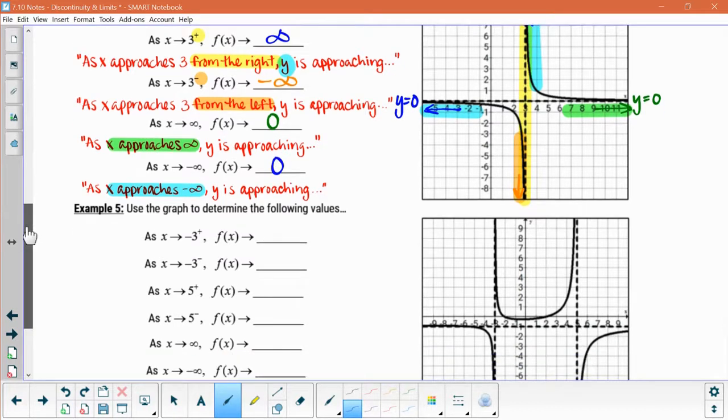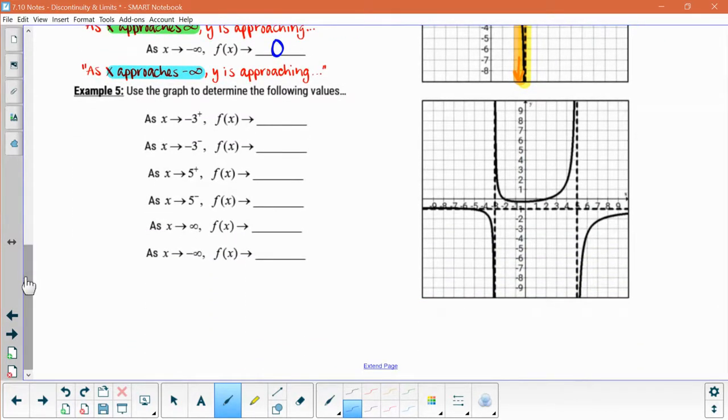Now let's go ahead and look at another example. Use the graph to determine the following values. So I have a vertical asymptote at -3. So I'm going to go ahead and highlight it so I know what I'm focusing on for my first two pieces. So as x approaches -3 from the right, so I'm coming this direction in, I'm going to follow along my curve and I see that it's increasing. It's going to keep increasing all the way up